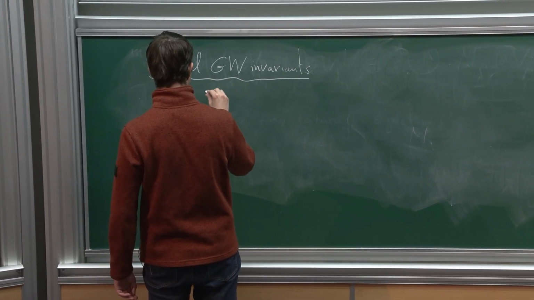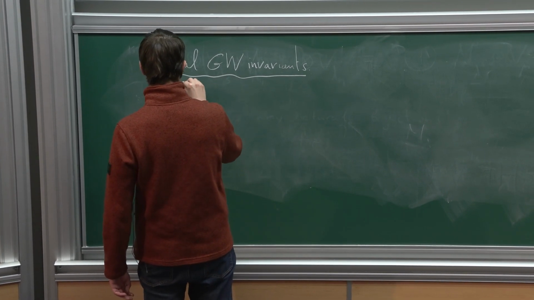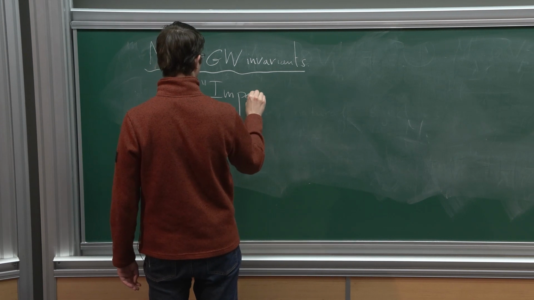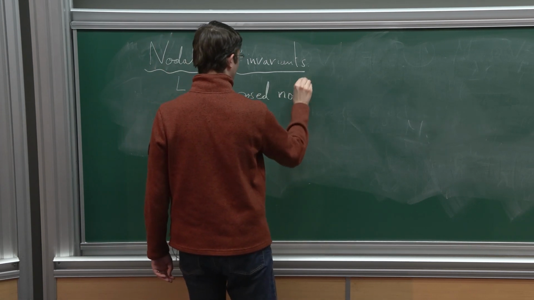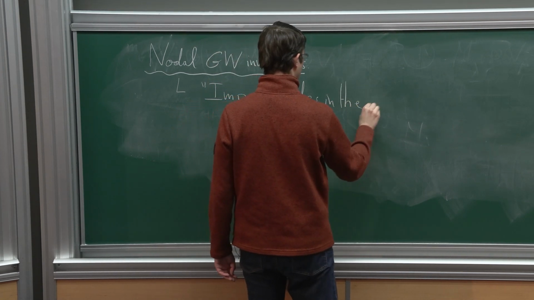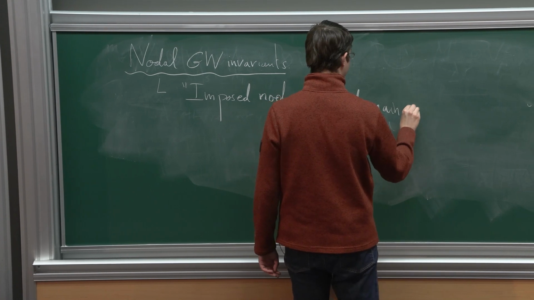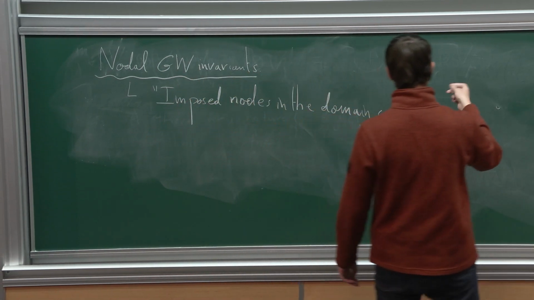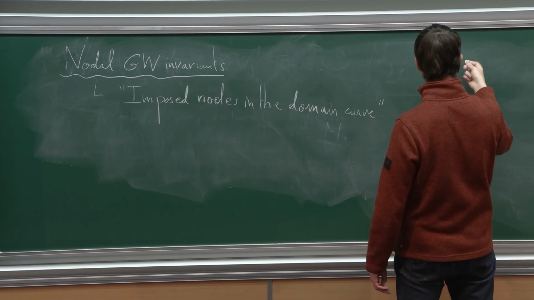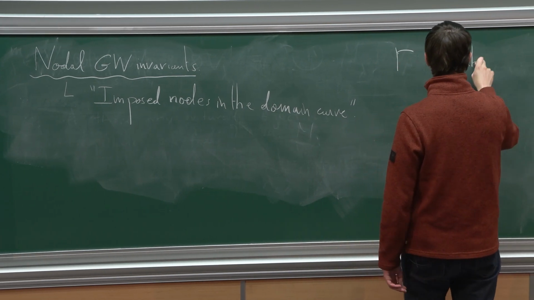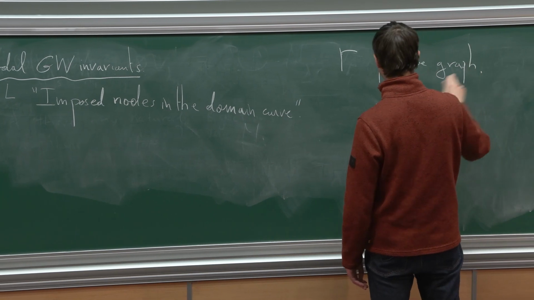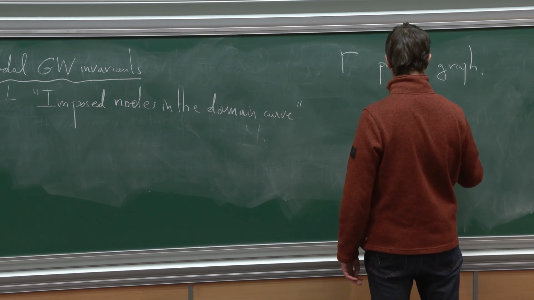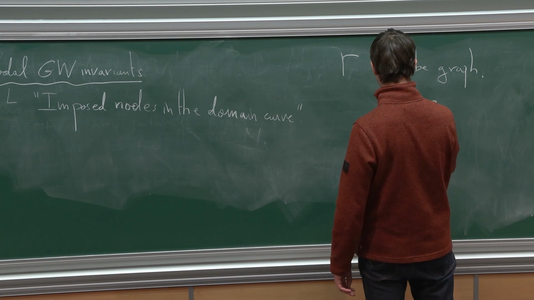They are just a variant of Gromov-Witten invariants where you, let me just say, impose nodes in the domain curve. So the most general kind of invariants like that are indexed by graphs. So if you fix gamma, let's say, a pre-stable graph, so just some finite graph with some number of vertices, edges, and let's say the vertices are decorated by various genus,